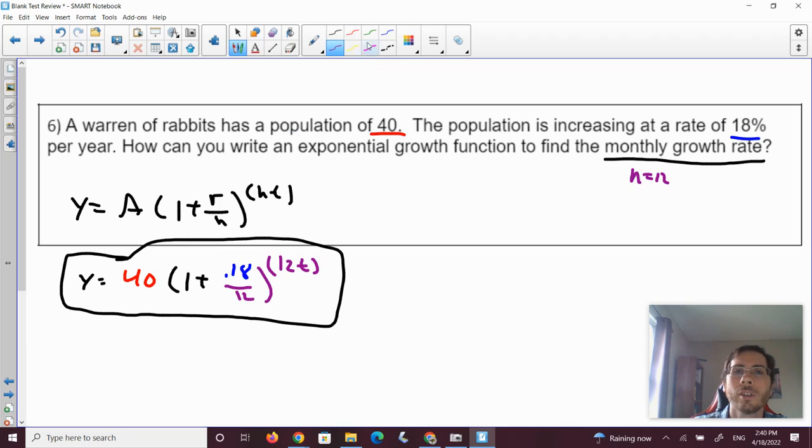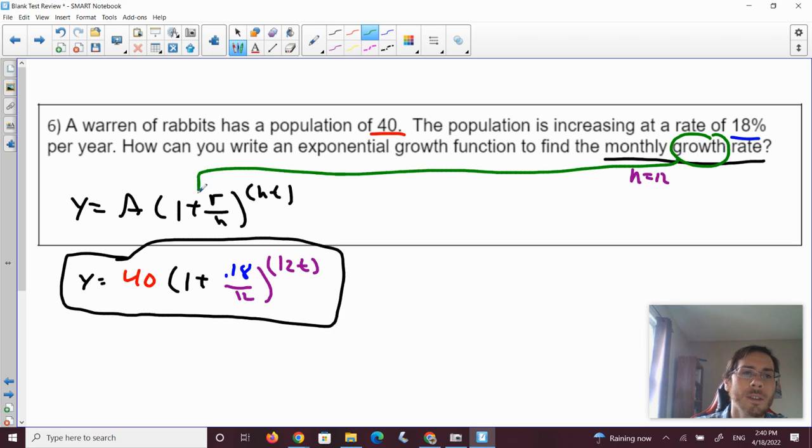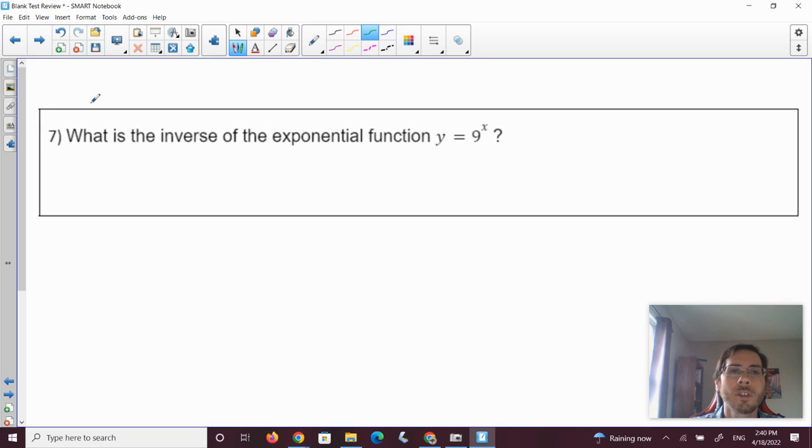I forgot to say, since it is growth, that's what dictates this being a plus sign instead of a minus sign. So if it's decay, that would be a minus sign, but it's growth, so that's going to be a plus sign. All right. For 7, what's the inverse function and inverse of the exponential function y equals 9 to